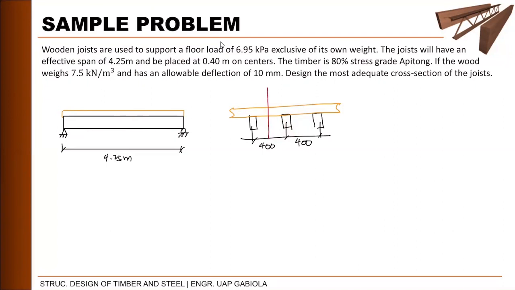So, pwedeng ito yung maging tributary width natin. So, ito yung magiging area na susuportahan nung beam na yon. And ang distance niya is, that is also equal to 400 mm. Okay? So, to look for the applied load dun sa ating mismong beam,